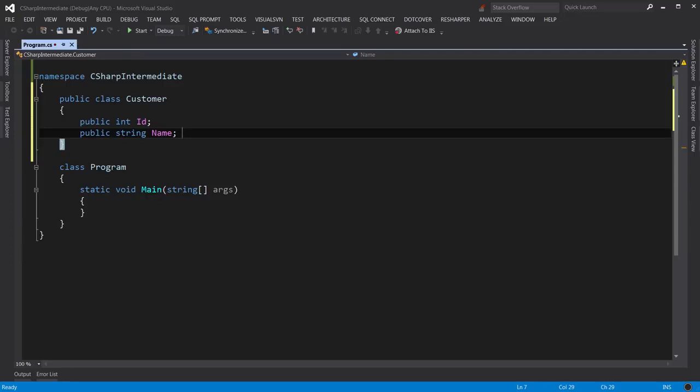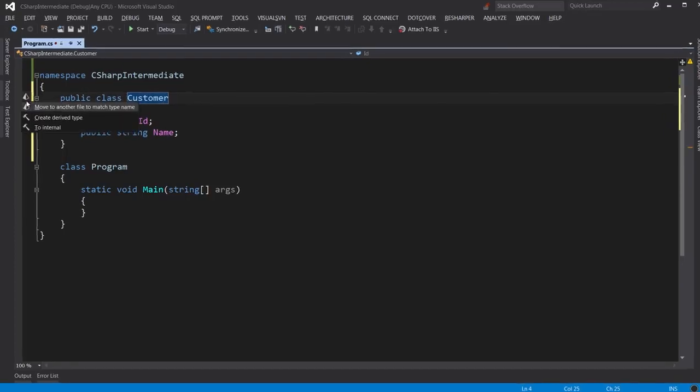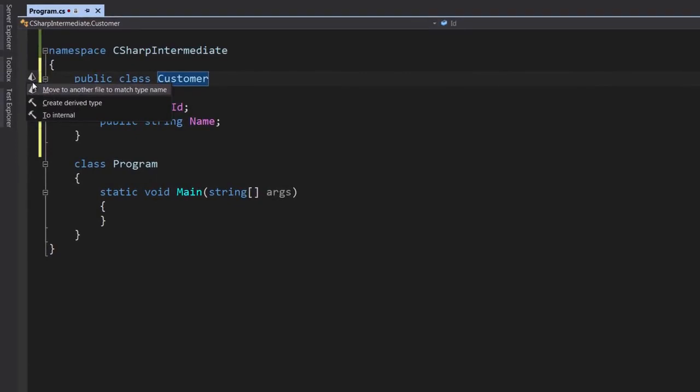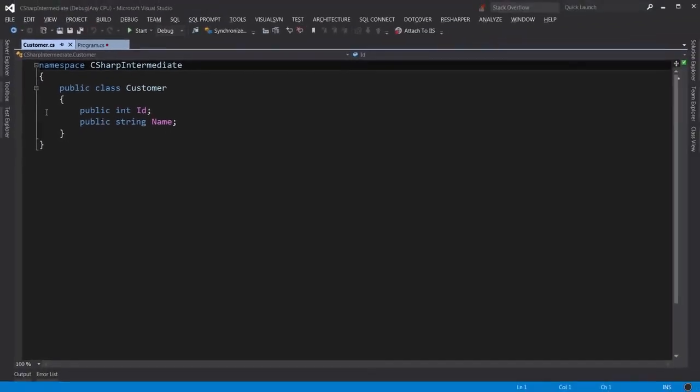Alright, let's put this class in a separate file. So I put the cursor here and note this little icon here. That is used for refactoring. That means changing the structure of the code without changing its functionality. So here I press Alt and Enter, and it pops up this context menu. The first item says "Move to another file to match type name." So I just press Enter, and note that now we have a separate file called customer.cs, and this file is